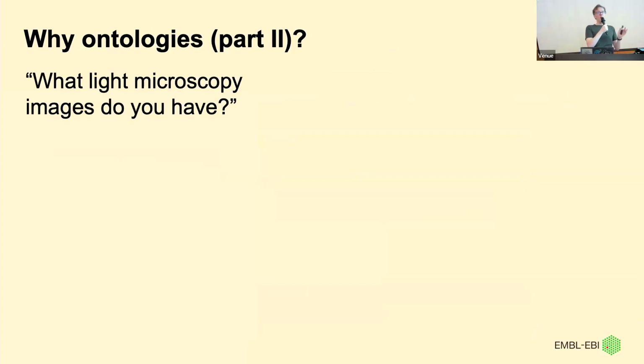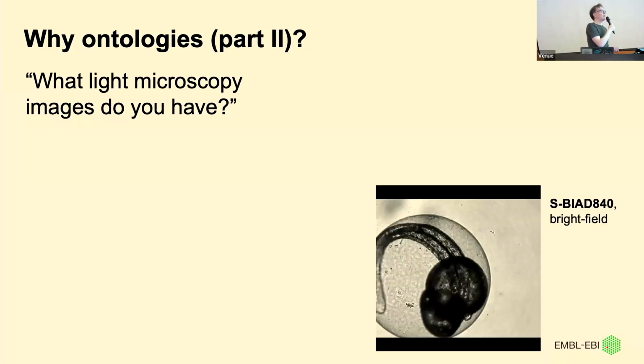So another reason why we need an ontology, because an ontology is really terms and relationships, I think is nicely illustrated by that. It's quite reasonable to come to an image repository and say something like, okay, what light microscopy images do you have? And this turns out to be a harder question to answer than you might think, because we have, for example,